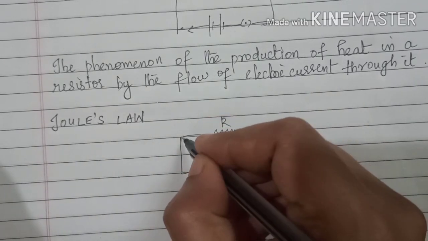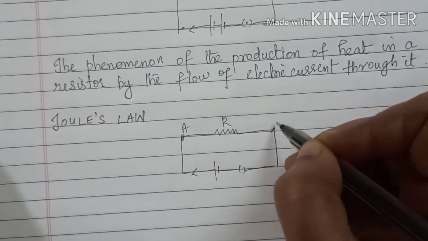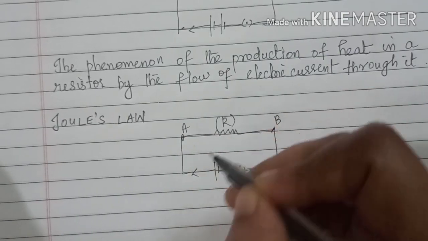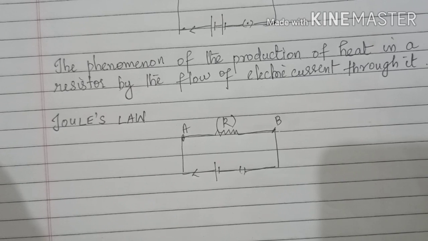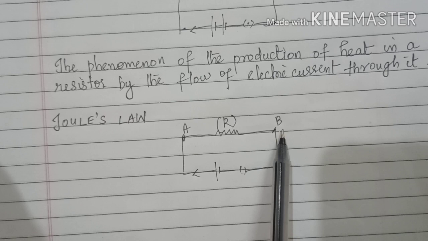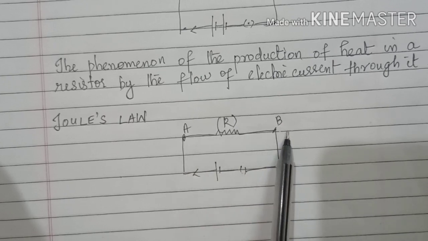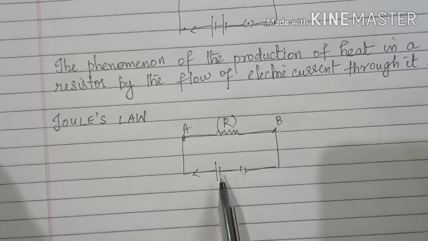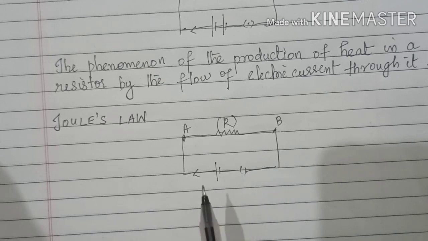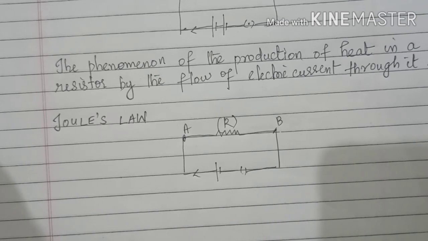Let us consider this as A and this as B. Okay, this is the resistance of the circuit. Clear? Now, you know that when you apply a potential difference with the help of a cell or a battery, the electrons will move, or this charge has to be moved, isn't it? So, how will you define this potential difference or electrostatic potential?